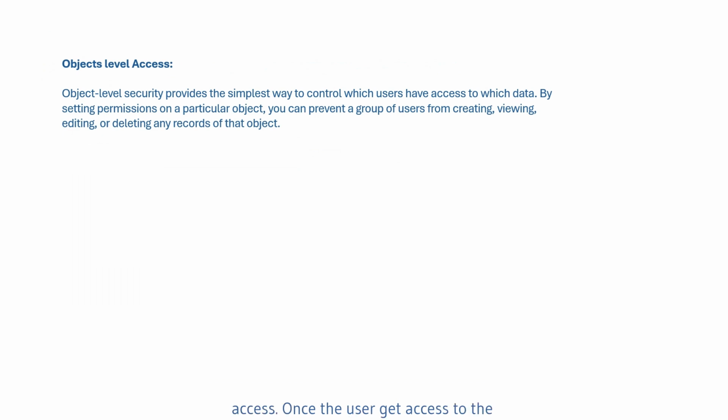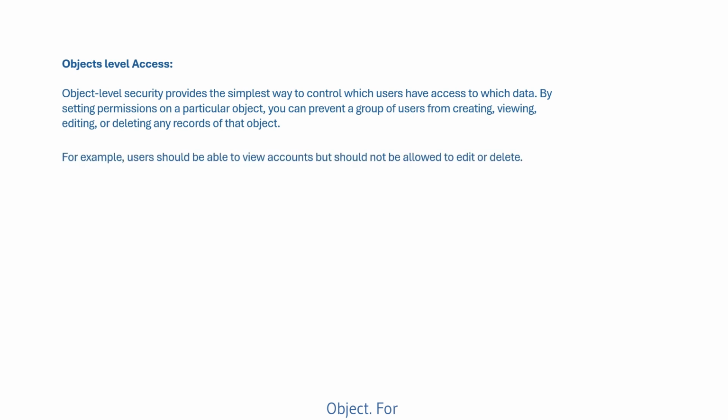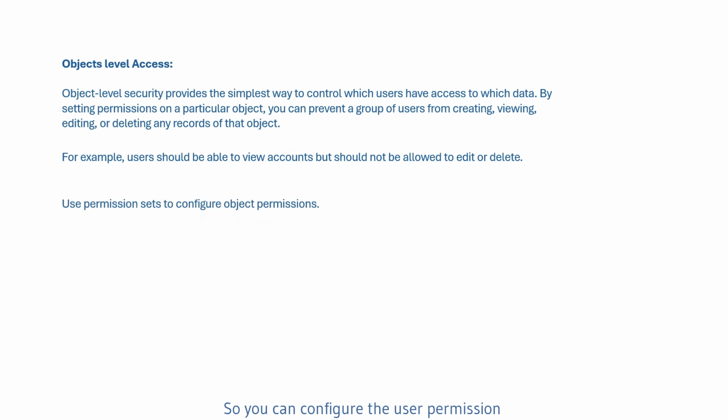Object level access. Once the user gets access to the org, then we can define what data they are going to access, basically which entities they can access. That we call object level security. You can prevent the user from creating, viewing, editing, or deleting any record of that object. For example, in a scenario where the user should be able to view the account but not edit or delete, you can configure the user permission on the account object